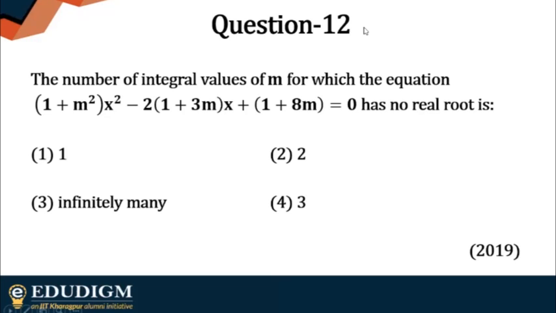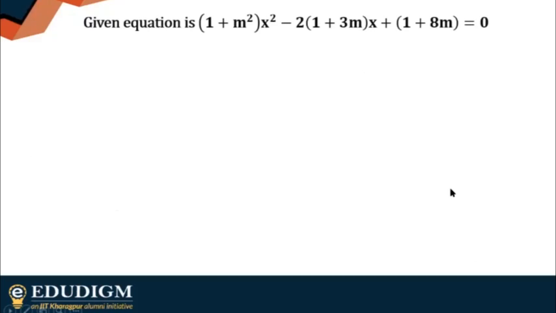Very simple thing that we use here. You know what happens when they don't have any real roots. This is very easy. Just try this one out and also remember that n has integral values. So that will also come into play, I'm sure, when you have worked out d. So you're mostly saying infinite, which is like the option 3, correct? So I'll just quickly move on to the answer because I think it's pretty simple. The logical explanation is pretty simple, otherwise you'll just have to calculate.